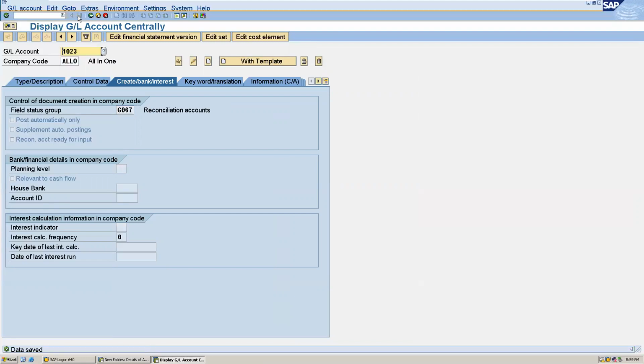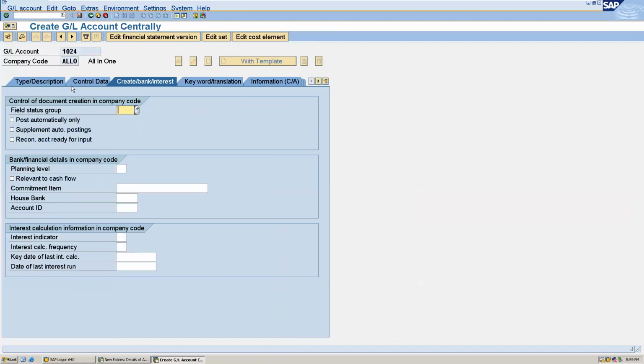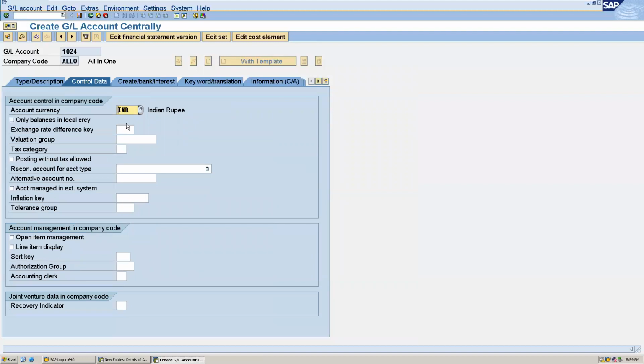Okay. After this, now we will create the accumulated depreciation account. Give 1024. Create. This is also a reconciliation account. So we have to give G067. Control data. You have to give the reconciliation account type.